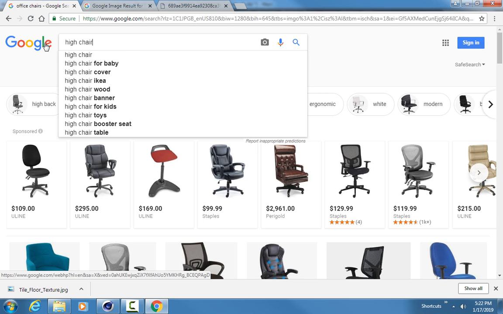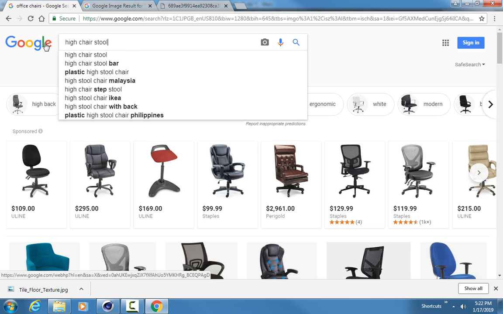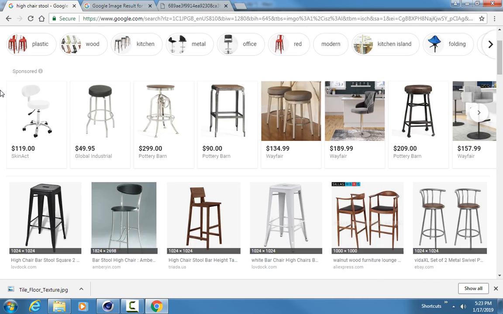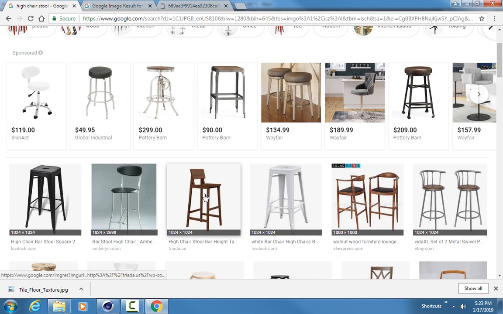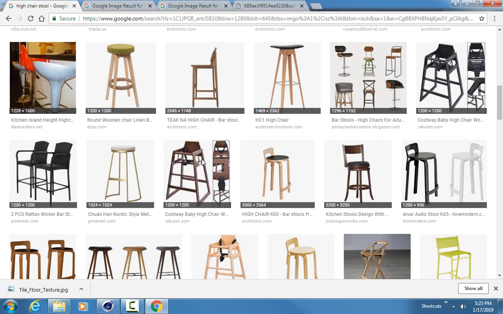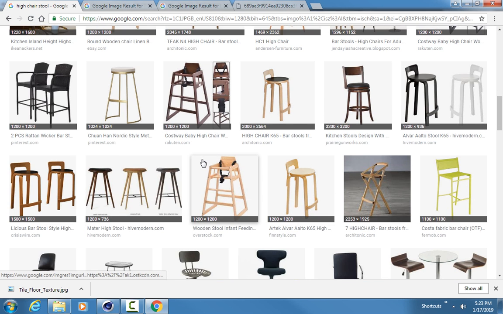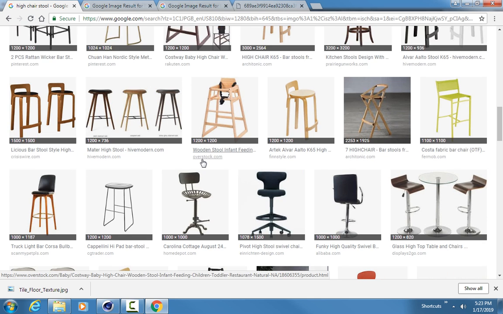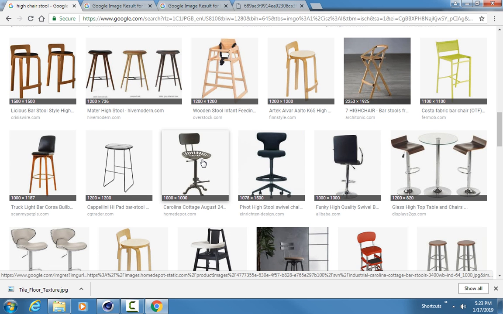I don't want a baby high chair, but I want maybe like a bar stool of some sort, but I want something with a back. So this is kind of in the ballpark of what I was thinking, just because I want to model something a little bit differently. I know I've done a handful of them over